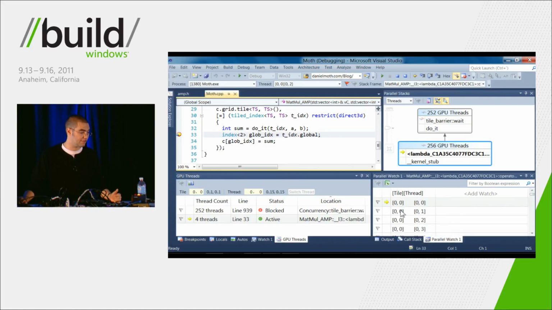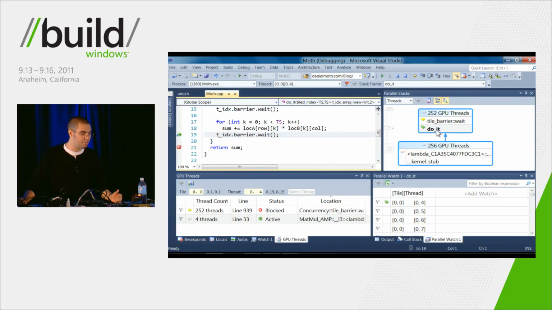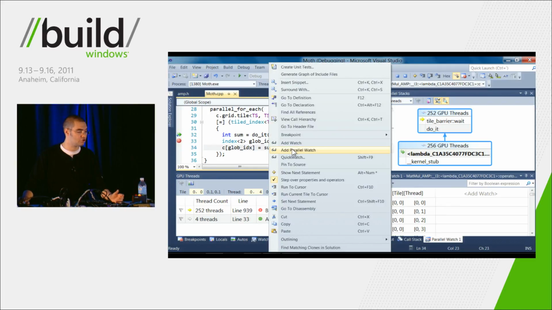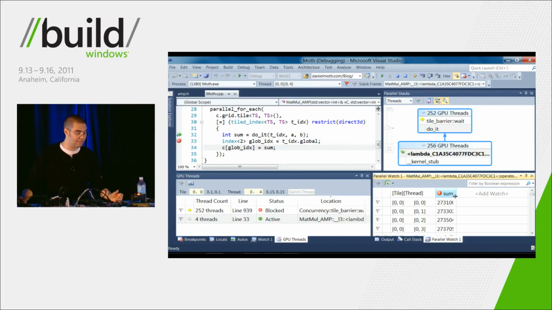So I can actually switch now directly without using the thread switcher. And I see the threads that are in a specific method. So here, for example, in this case, in doit. And what I can do here is I can go and add to parallel watch. And then I can go and actually look at the sum variable across all those different threads. So it's giving me an error indication, which means that these variables don't have a value because they haven't